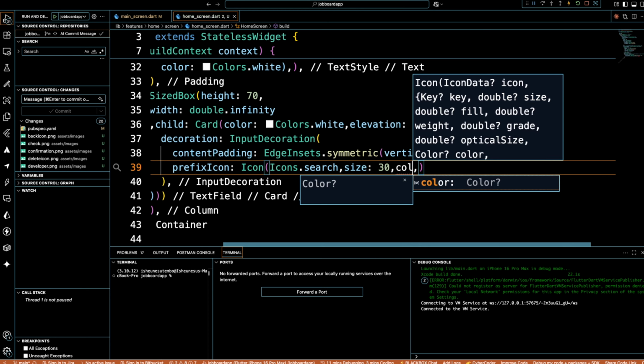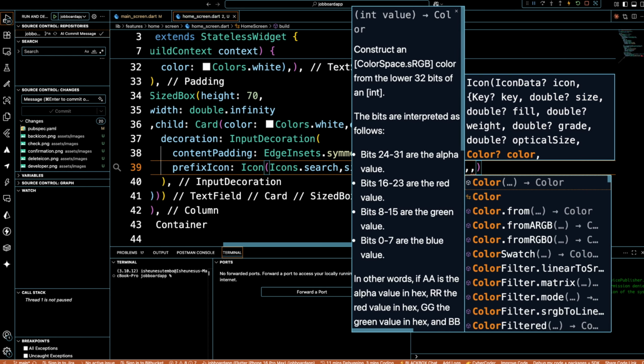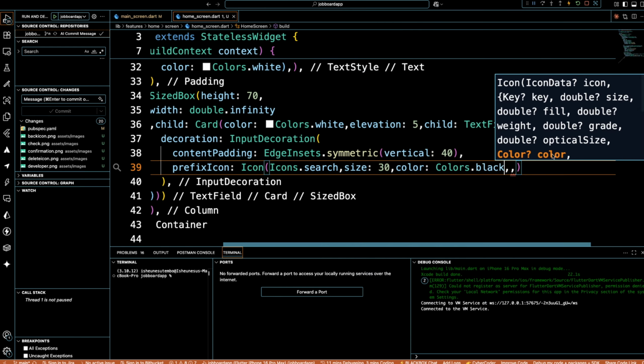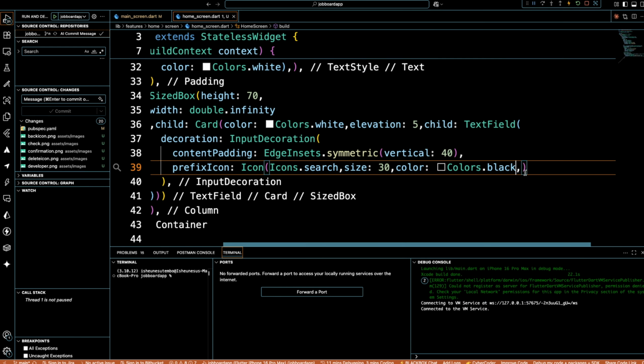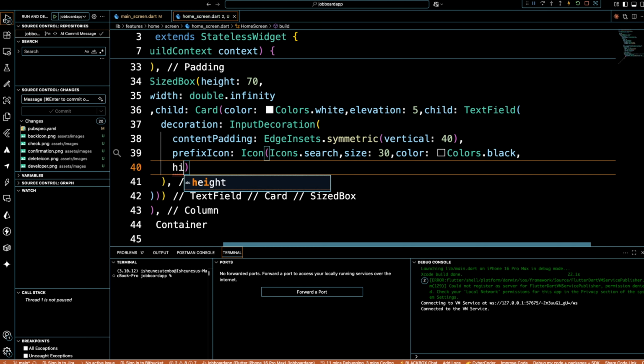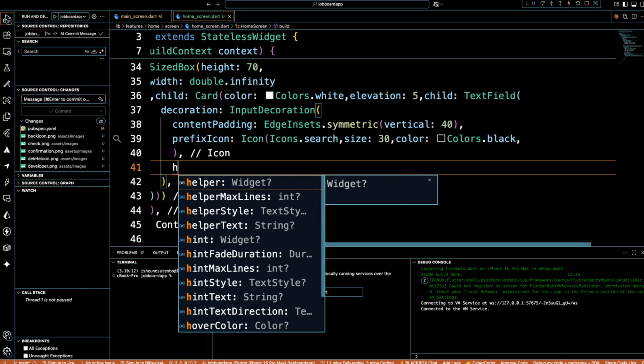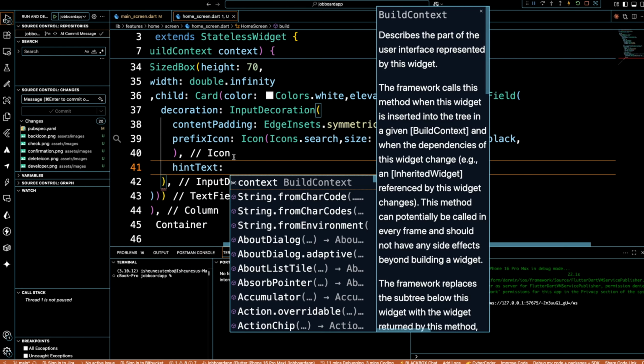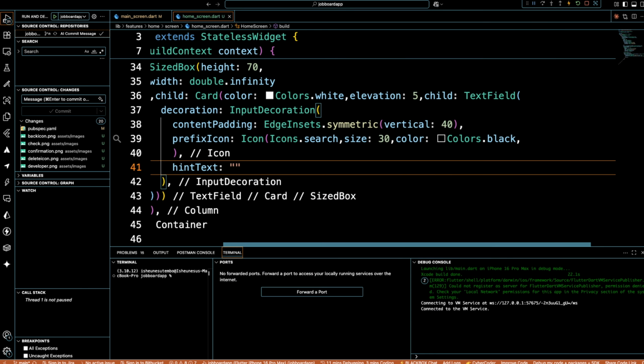And then the color is going to be black. And then we also need a hint text, right? And then the hint text is going to be